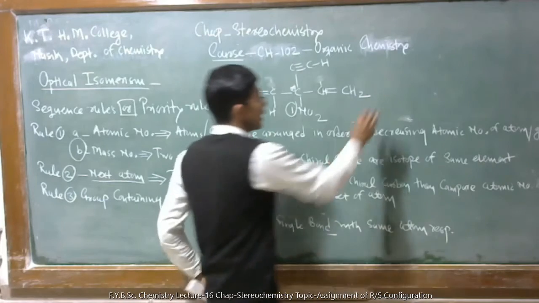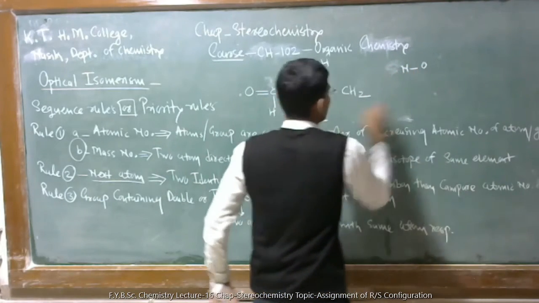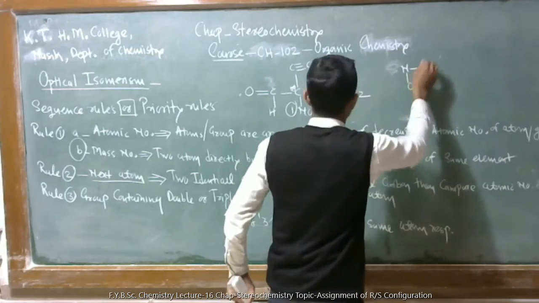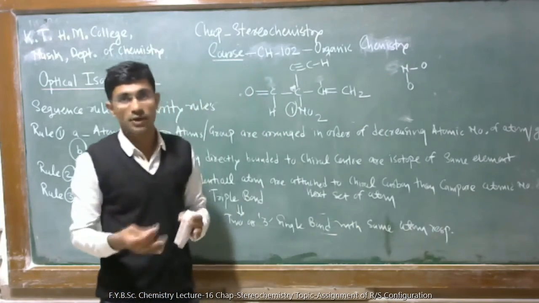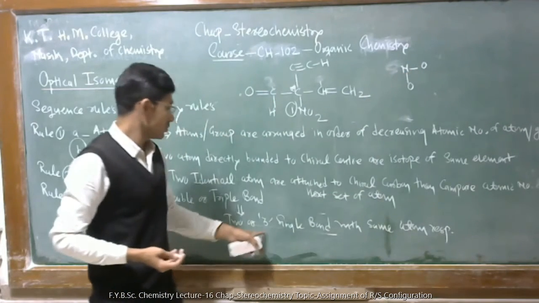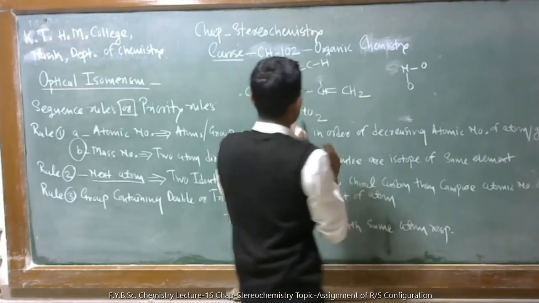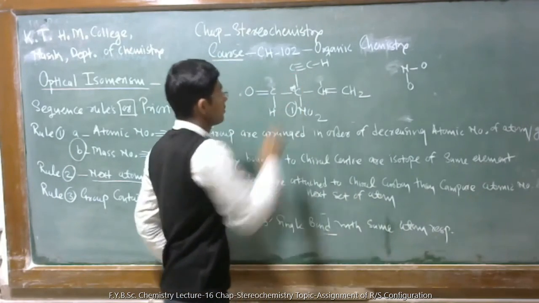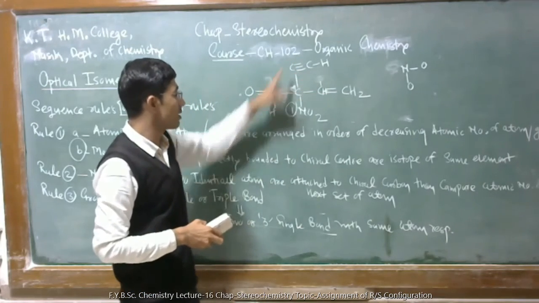But nitrogen is attached to oxygen. To oxygen means like this. So this is attached to oxygen 2 times. Nitrogen with a double bond means this is attached to oxygen 2 times. Okay. Then carbon, then you have to give the priority sequence to these 3 groups among these 3 groups.